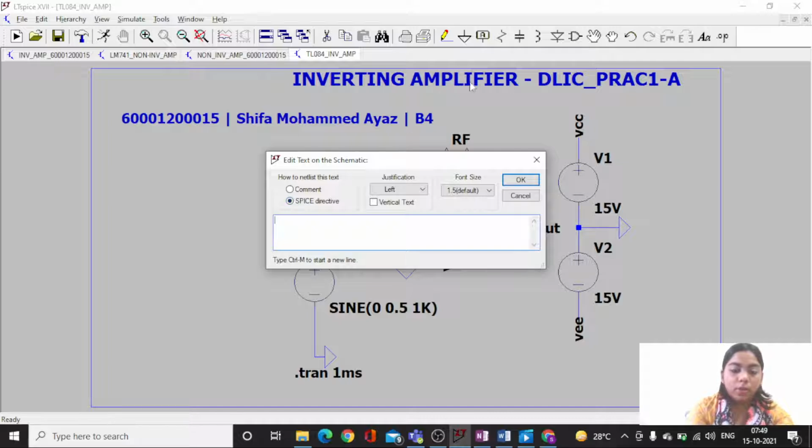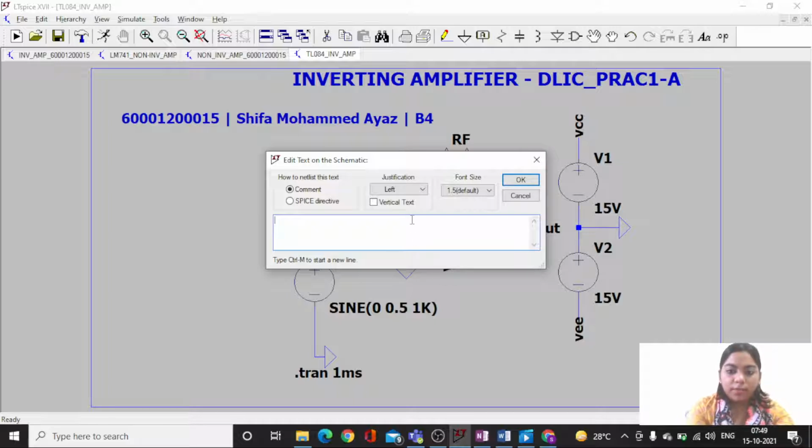Now since this is not a Spice directive, it's a comment. With this I'll be able to explain my formula to someone, or write your SAP ID and name, so it becomes better for identification purposes. This comment is the blue text which I've written over here.